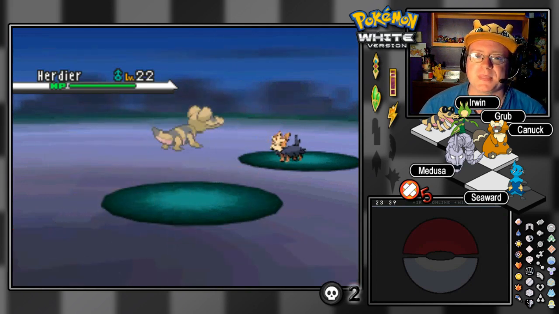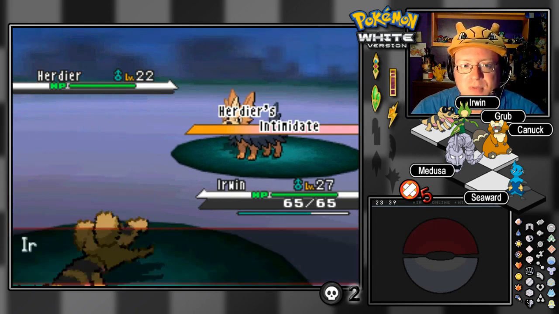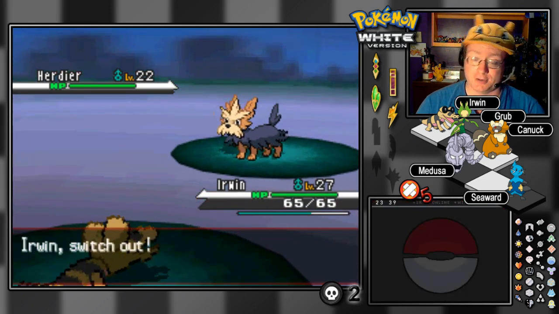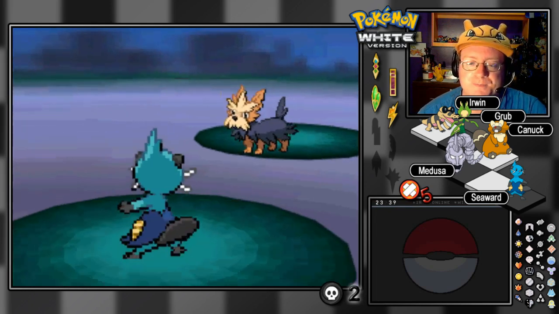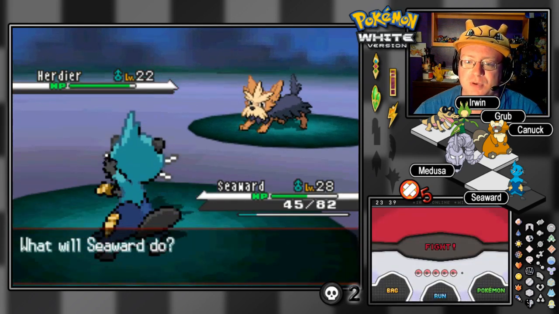But it was an interesting part where we got intimidated by a Herdier, which makes me think I don't want to keep Erwin in. So let's go into Seaward. Wait, we don't even need the experience off this thing. Ah, too late. Now, at one point in the movie, the T-Rex, which is being transported via boat, is taken